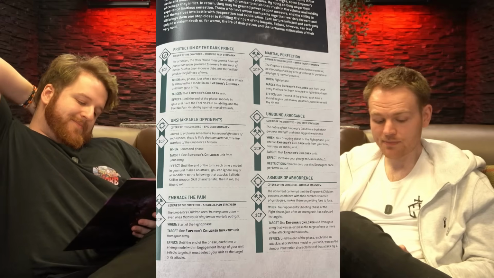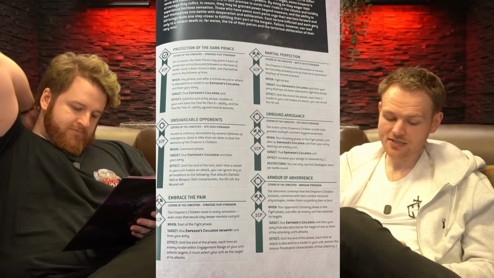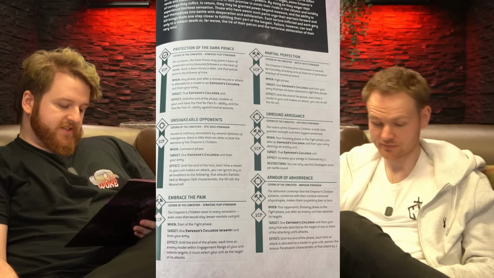Yeah. Embrace the Pain is also 1 CP. It's an Emperor's Children infantry unit. Till the end of the phase, each time an enemy model within engagement range of your unit selects a target, it must select your unit as the target. So it's effectively saying, you will fight me. This is like old Angel Sacrifice from Blood Angels, if people have played that from last edition. Yeah, so that's really powerful, actually, because you are controlling your opponent, which you can't put a value on, right? So because it says...